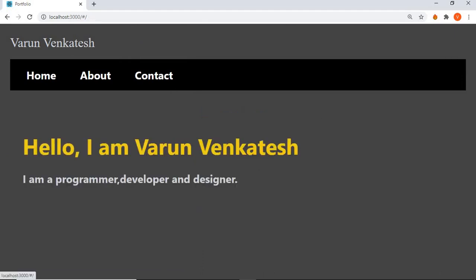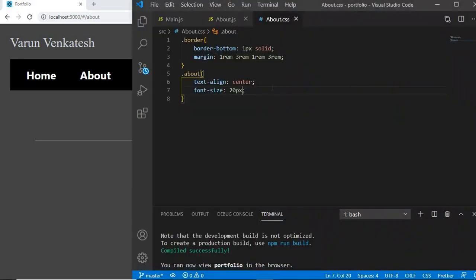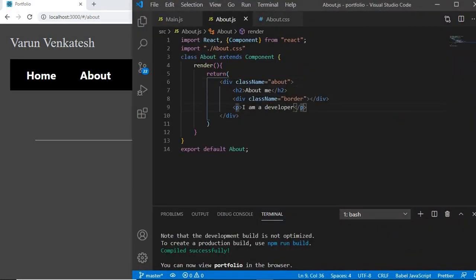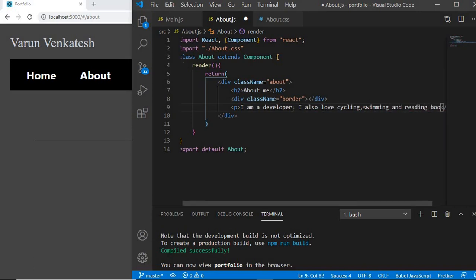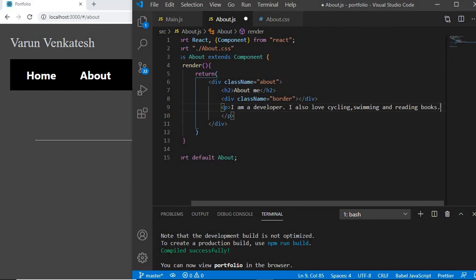And when I go to home, this is what you'll see, and when I go to about, this is what you're going to see. I'm going to make some changes in my about. I'm going to say I am a developer. I also love cycling, swimming, and reading books. After this, I can say something like I love to code, and